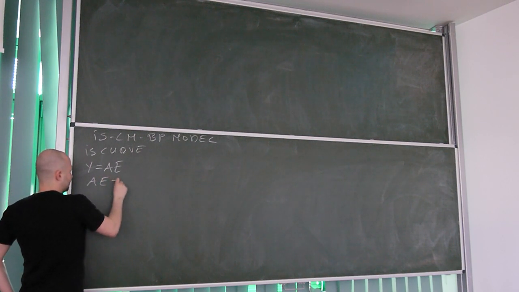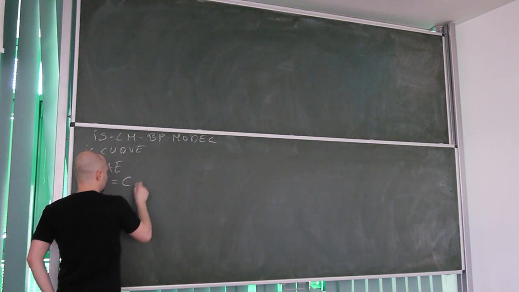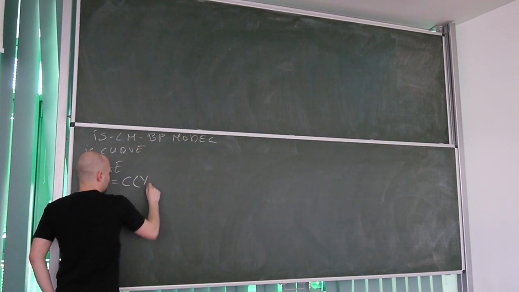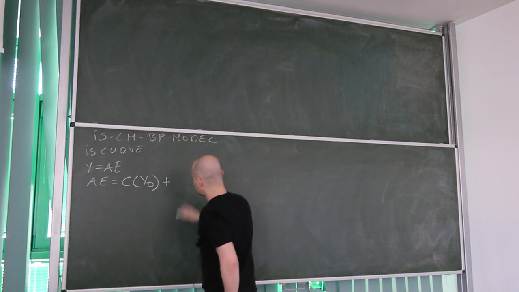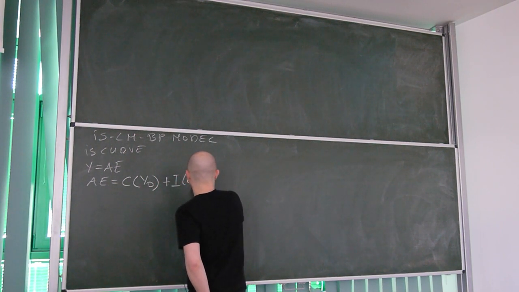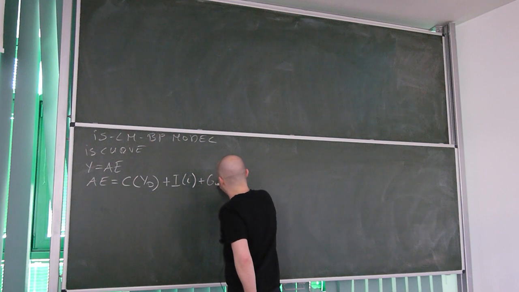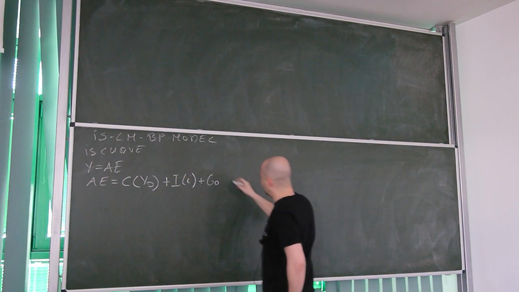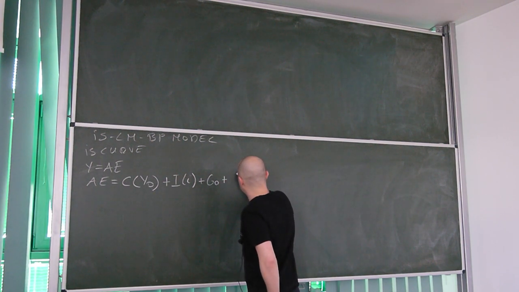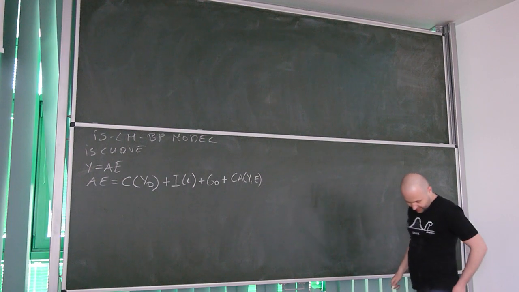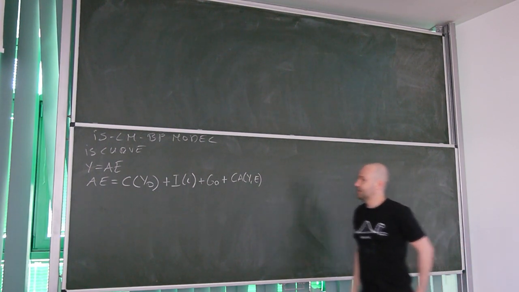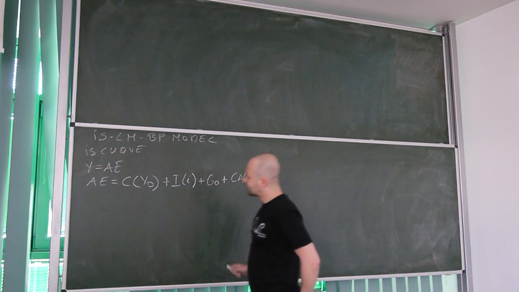Aggregate expenditures are defined as consumption as a function of disposable income, plus investment as a function of the interest rate, plus exogenously given government spending, plus the current account as a function of income and the exchange rate. Okay, just like before,